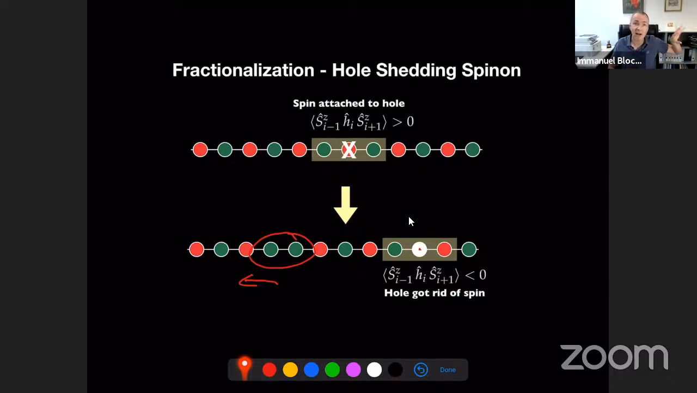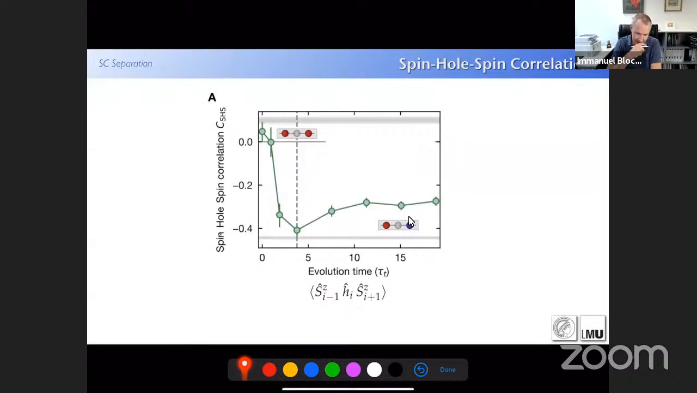So this is a direct proof that the spinon is not anymore attached to the holon, through this 3-point correlator. So the hole got rid of the spin basically, and this is indeed what we see in the experiment. So you start out with a positive spin-hole-spin correlator, indicating that at time t=0, those spins were aligned next to the hole because of the antiferromagnetic chain